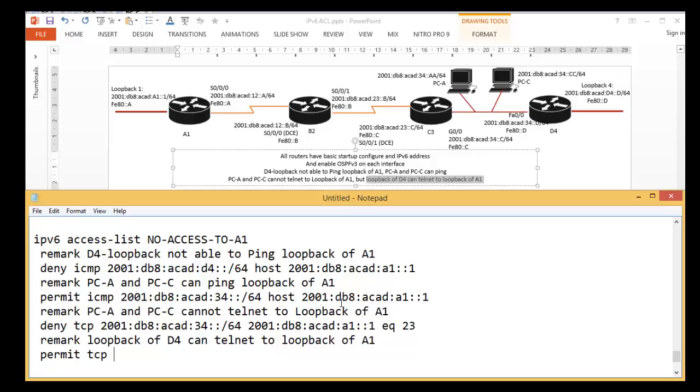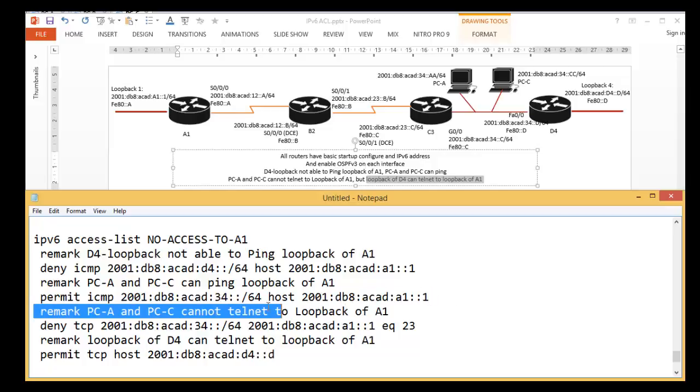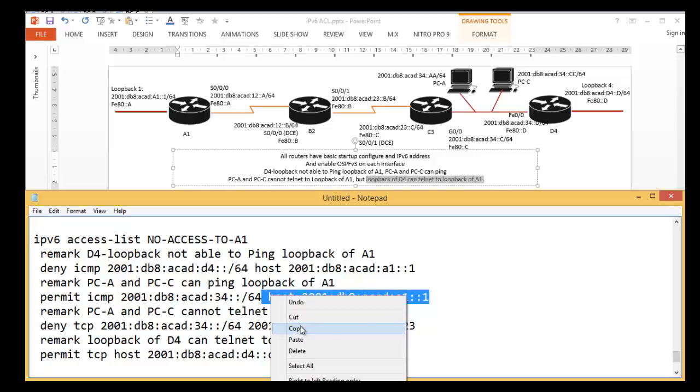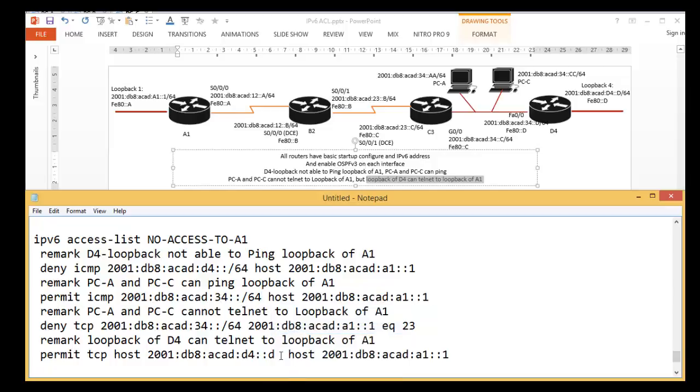What we are permitting, host of 2001 DB8 ACAD D4 D are going to same host, right? Paste it up. Okay, so as you can see there what we did,